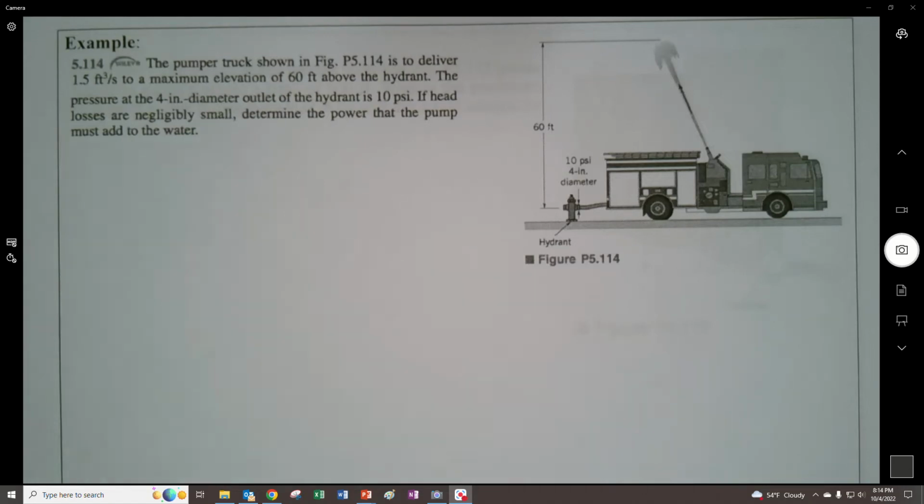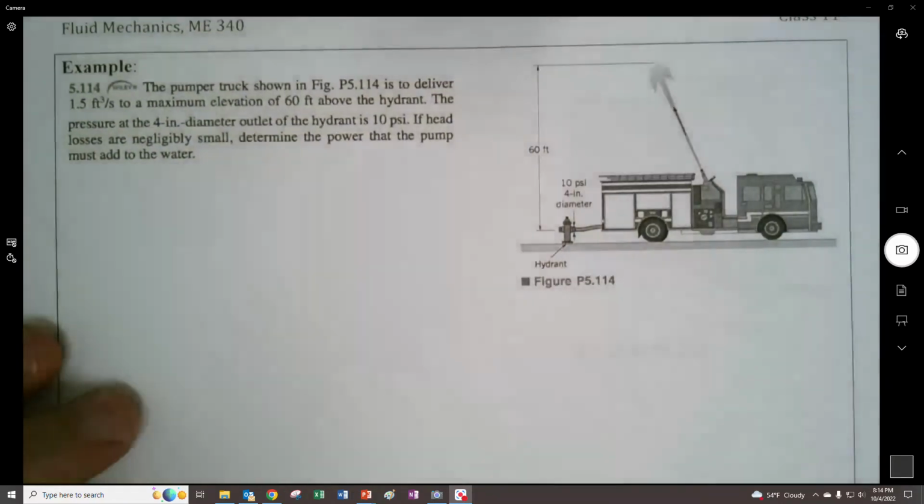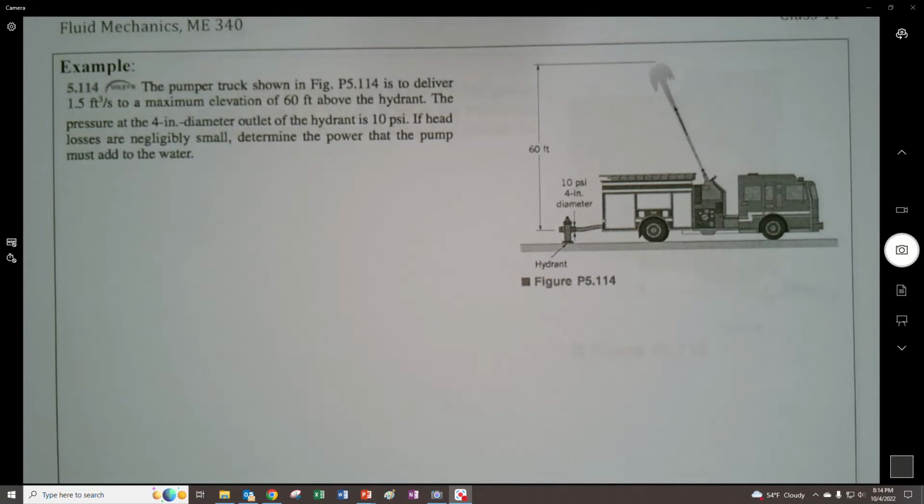Okay, so here is continuation with class 11. This is video 3. We finally got to do some examples, and here is an example of a fire truck,